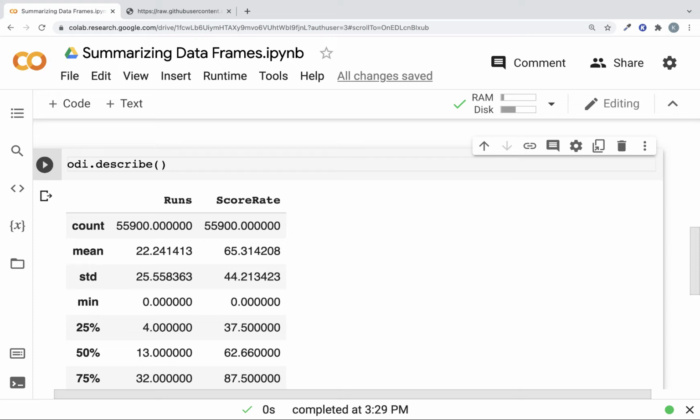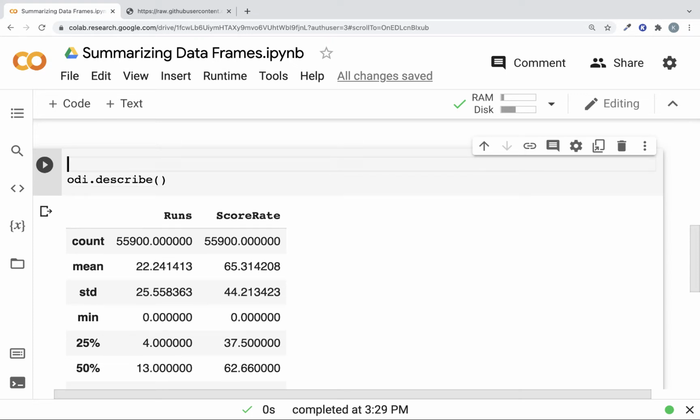Though the algorithm automatically picks the numerical columns, it's always best to manually define the numerical columns that are available in your data set, so that you don't by mistake pick any ID columns or any other categorical columns which are encoded as numerical, because it doesn't make sense to perform any statistical analysis on ID columns. So usually it's best to manually pick the numerical columns, filter the data frame and then use the describe function on those particular columns alone.